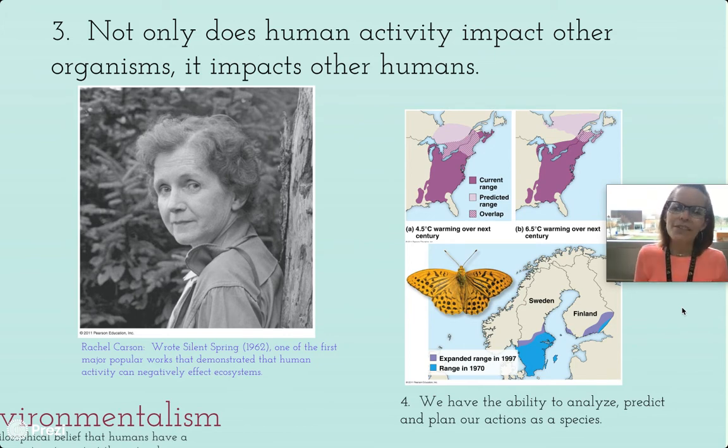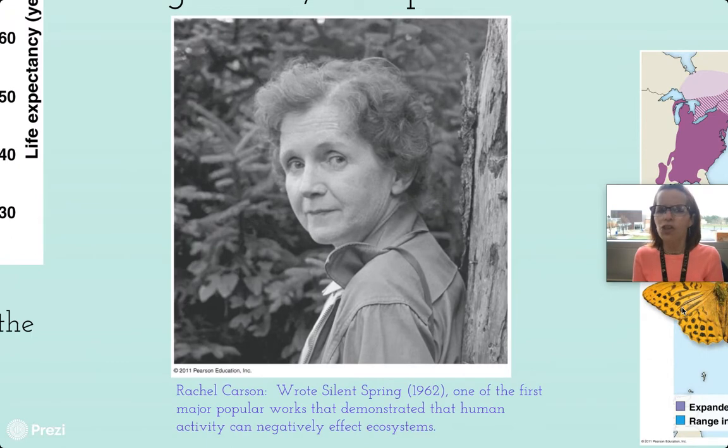And then number 3, not only does human activity impact other organisms, it impacts humans themselves. So Rachel Carson in this picture here, she was one of the very first, she wrote a super important book called Silent Spring, and that's a book that you could still find at Barnes & Noble, along with Darwin's,